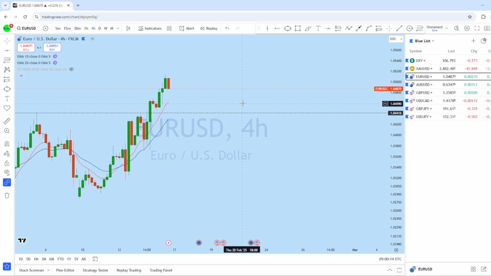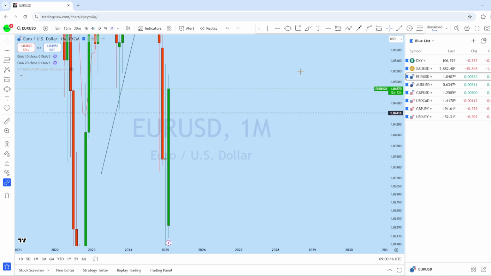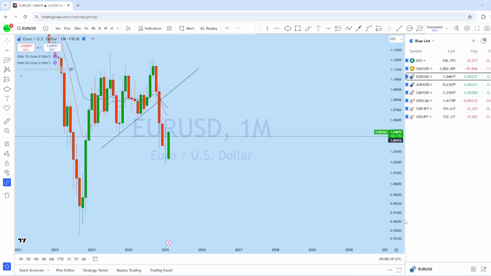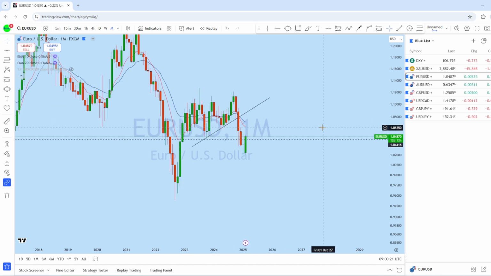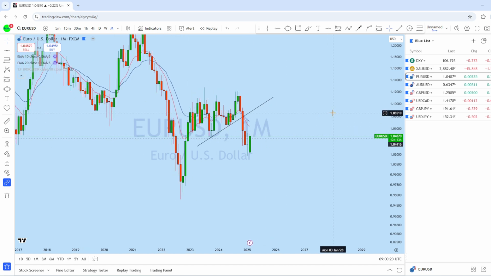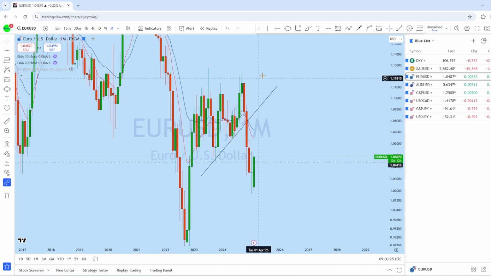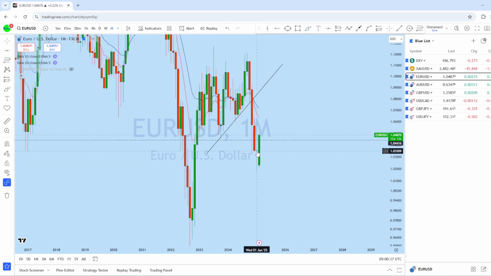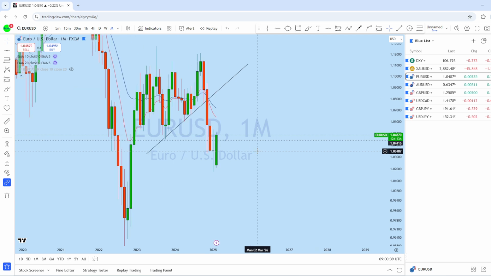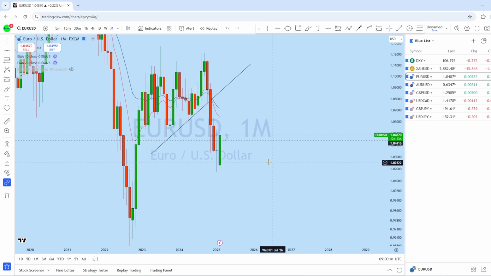So let's look at euro dollar, looking at the monthly chart to see the overall picture in this market. Now euro dollar, like the DXY, just a mirror, we have seen that for quite a few months the market managed to break below with stronger momentum. Here we have seen back-to-back 3 months euro USD has dropped with a long wick monthly doji. That in fact is a slowdown of this movement with a massive gap open here.